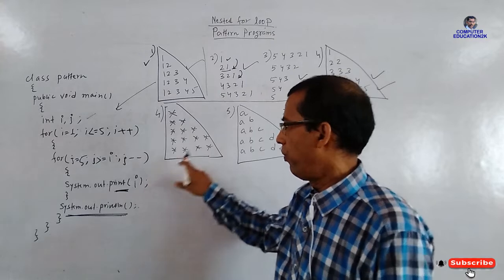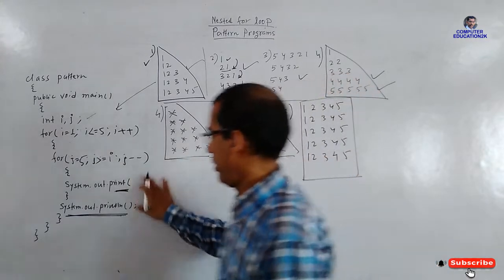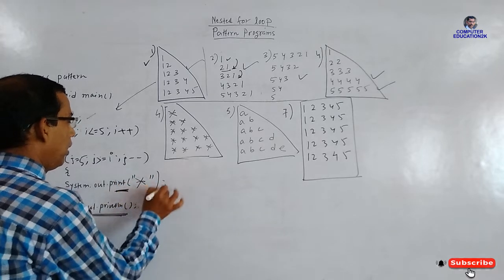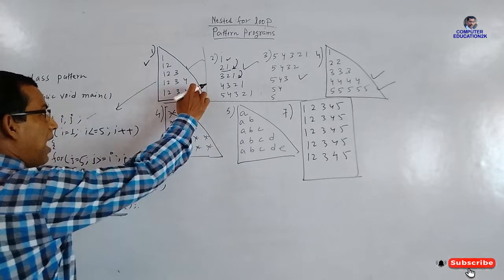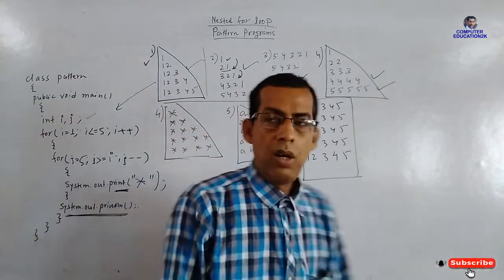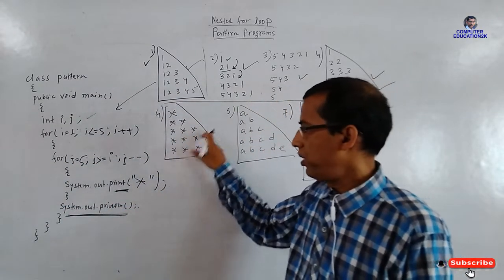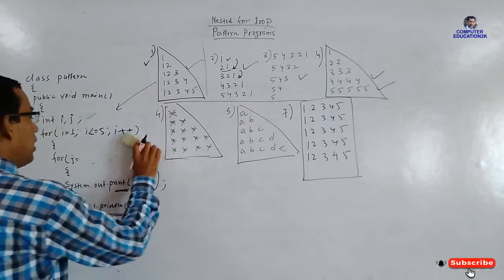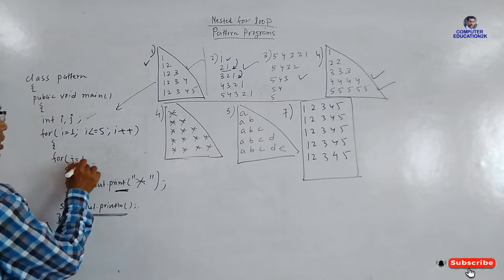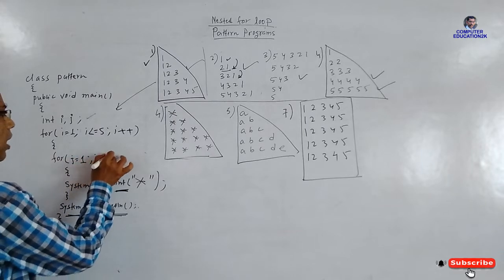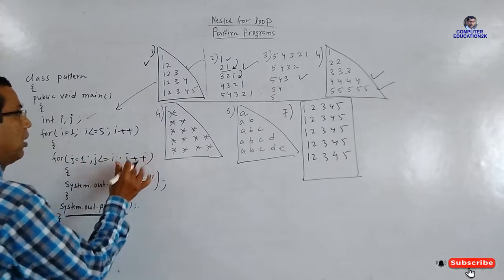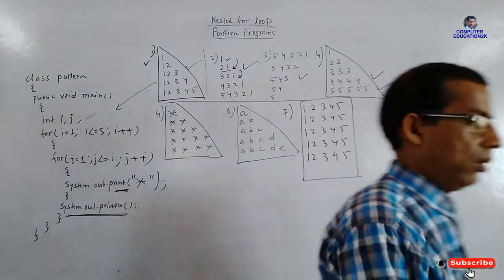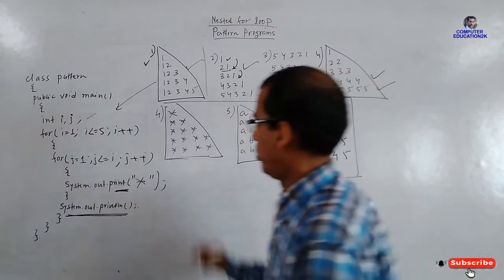Now this program and this program, both programs are the same. Only for this, you write an asterisk here, in double quotes. The only difference is that for this you have to write an asterisk. The loop will obviously change: for I, J equals 1, J less than equals I, J plus plus. Both programs are the same. Only you have to write an asterisk here. Okay, so this is done.